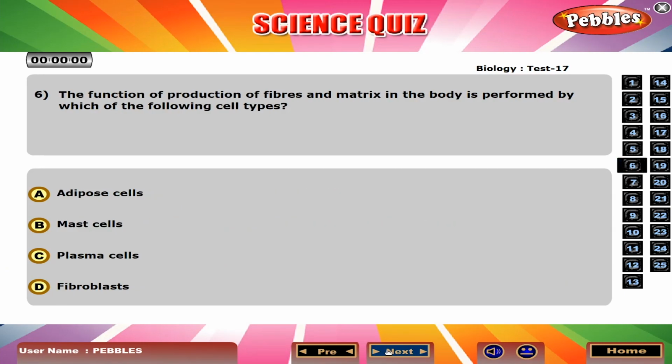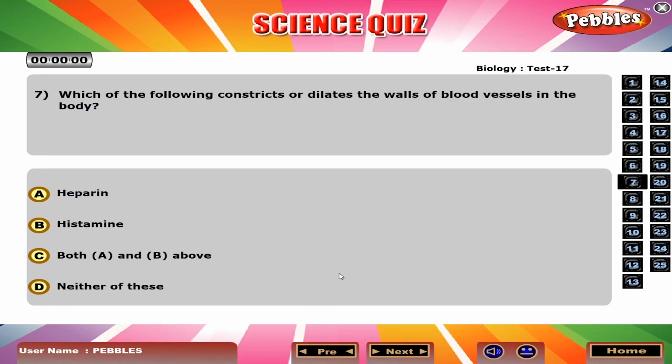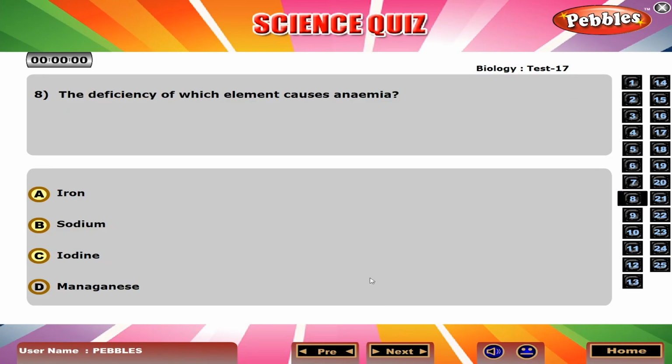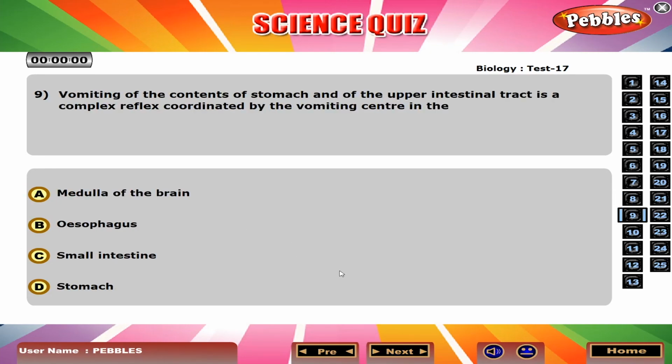The function of production of fibers and matrix in the body is performed by which of the following cell types? D. Fibroblasts. Which of the following constricts or dilates the walls of blood vessels in the body? B. Histamine. The deficiency of which element causes anemia? A. Iron. Vomiting of the contents of stomach and of the upper intestinal tract is a complex reflex coordinated by